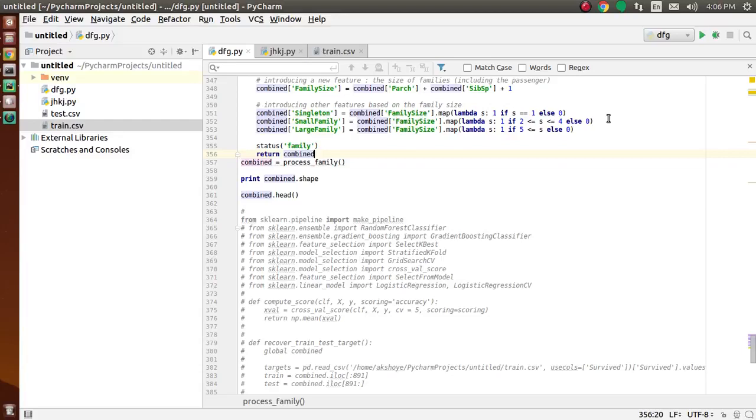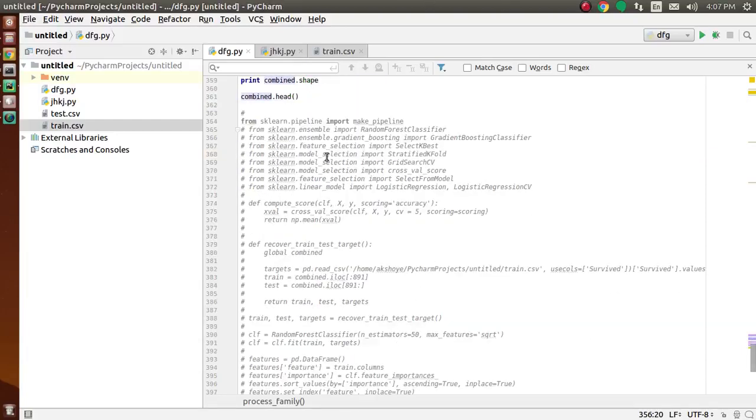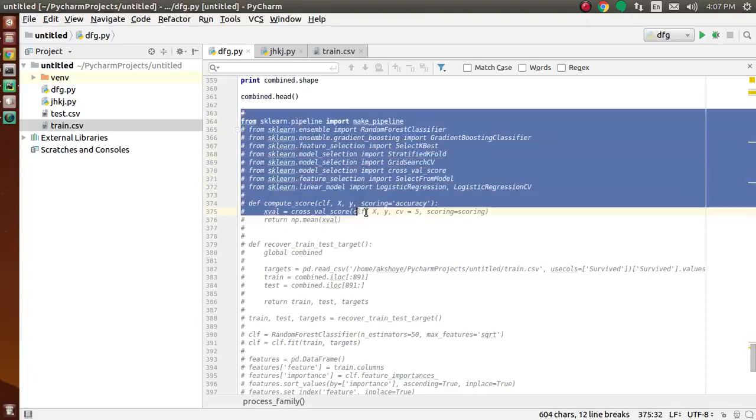Firstly, we discuss the problem in steps. We break the combined data set into train and test sets, then use the train set to build a predictive model, and after that we evaluate the model using the train set, and lastly test the model using the test set and generate an output file for the submission. We start here. We import a number of libraries.